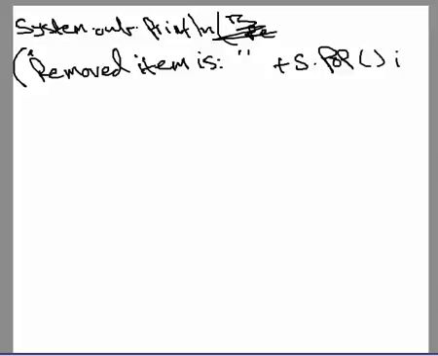Okay, S dot pop. So basically we're saying that the item that we want to remove is this item. Now which item will this be? D. And then we can say as well, excuse me, we can say system